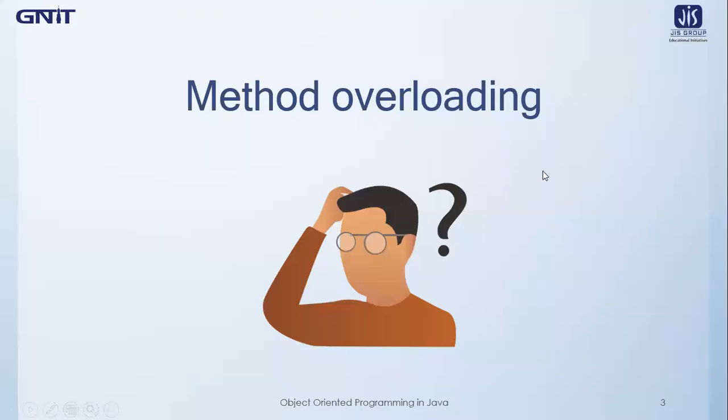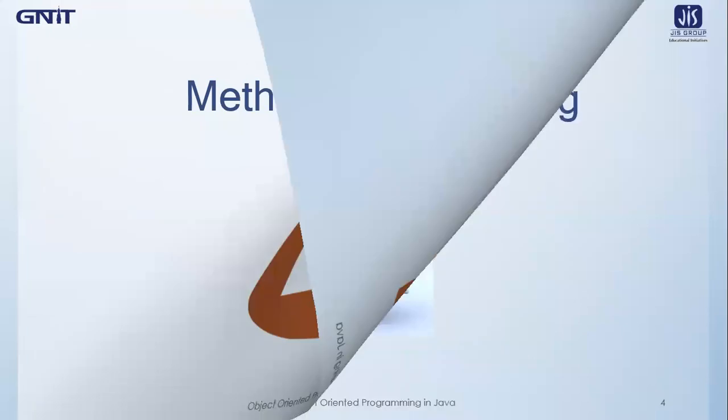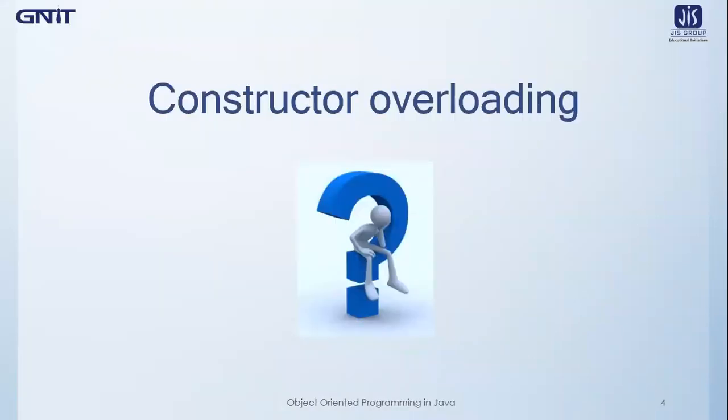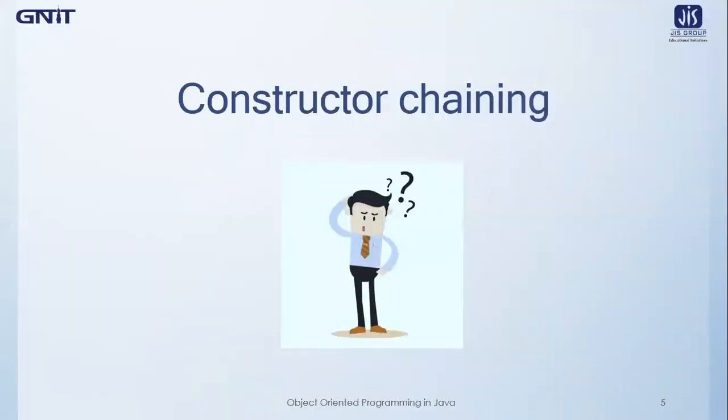So in today's class, till now we have learned about method overloading, and how automatic type conversion takes place in method overloading. Then we have learned about constructor overloading, and here also we have shown that the same concept of overloading, or static polymorphism or early binding, can be applied to constructors also. Next, we will see how constructor chaining is implemented in Java. Before going into the detail of constructor chaining, let's explain what is constructor chaining.